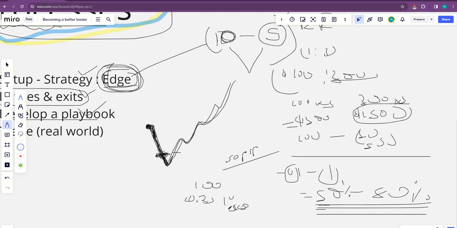But this is going to happen with time. As the graph starts picking up, your experience level is picking up. Now you are confident, you're taking bigger lot sizes, your account is big enough to accommodate those lot sizes, and those lot sizes are actually a very small risk, maybe a 1% risk of your overall account. So that's why this journey is like this.